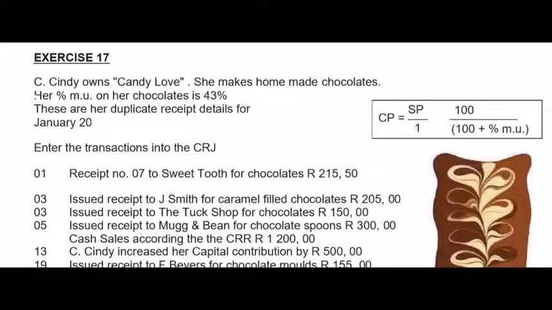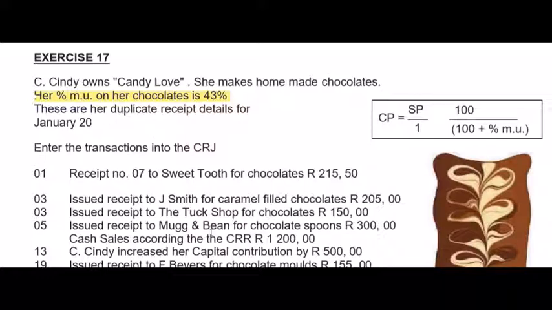In exercise 17, it says, C. Cindy owns Candy Love. She makes homemade chocolates. Her markup percentage on her chocolates is 43%. So now every time there's a sale, you will use the 43% in the cost price formula. These are her duplicate receipt details for January 20, but they didn't specify which year, so I just assumed it's